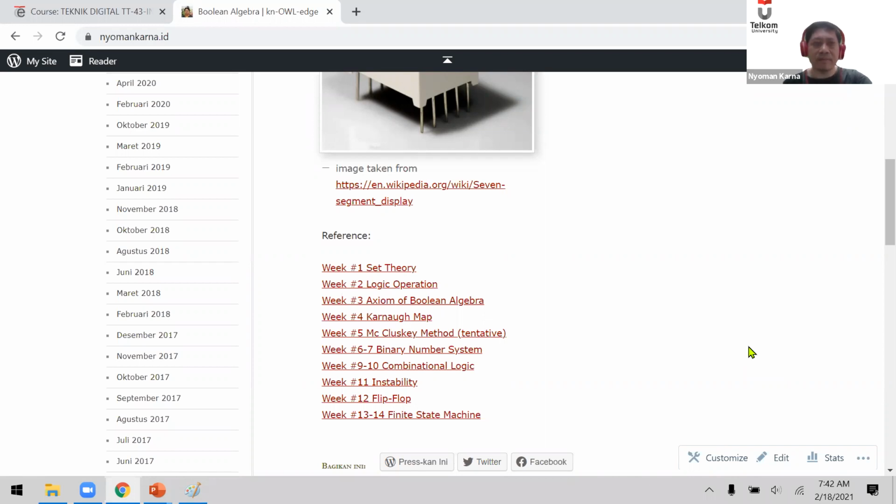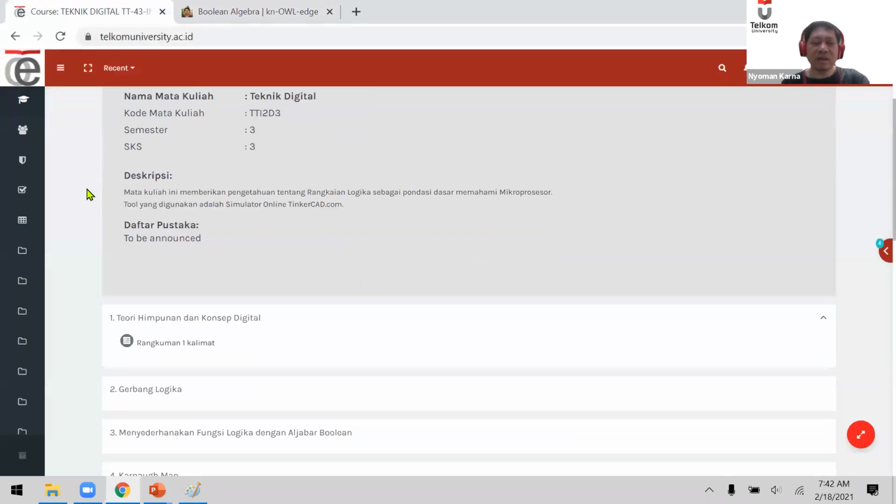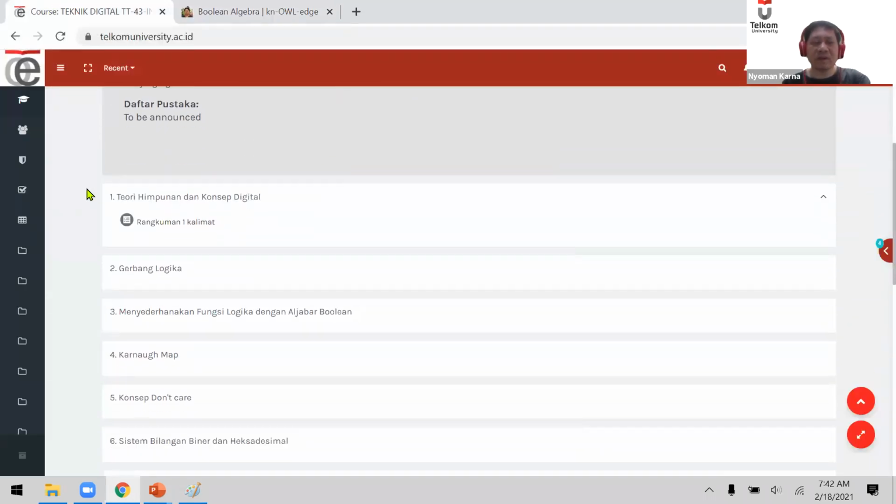But remember, we're going to have activity in the LMS for your presence. So it's not mandatory to be present in this class, but for the presence, you need to do the activity in the LMS.